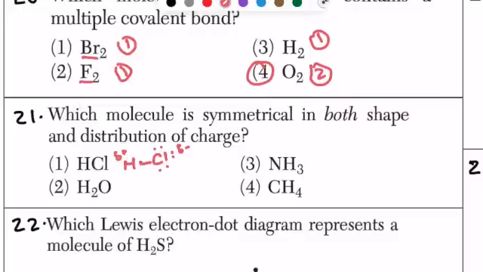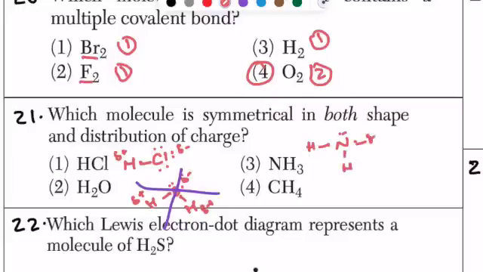Then we have H2O. We have oxygen here with 1, 2, 3, 4, 5, 6. And then we have 2 hydrogens. So oxygen is partial negative. Hydrogen is partial positive. When you draw your lines of symmetry, this is asymmetrical as well. So NH3, nitrogen has 1, 2, 3, 4, 5. So hydrogen, hydrogen, hydrogen. So nitrogen is partial negative. Hydrogens are partial positive. So once again, when you draw the lines of symmetry, this one turns out to be